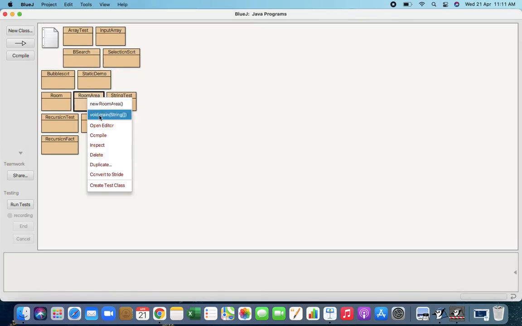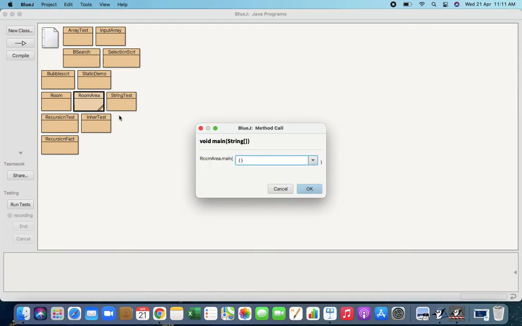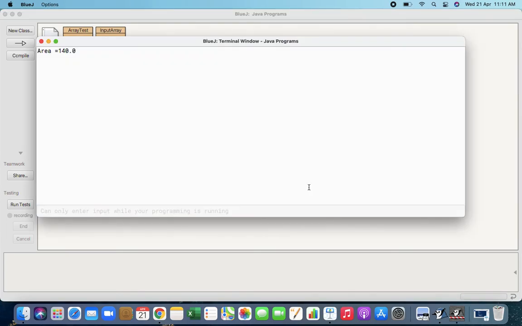I'll run by calling the main method, and as soon as I run I can see the result, which is area equals 140. This is what we were printing, the area after the computation, and it was 14.0 multiplied by 10.0, so the result is again 140.0 because this is a float type variable, so it will have a fractional part also.